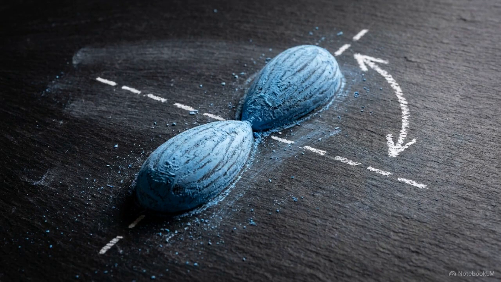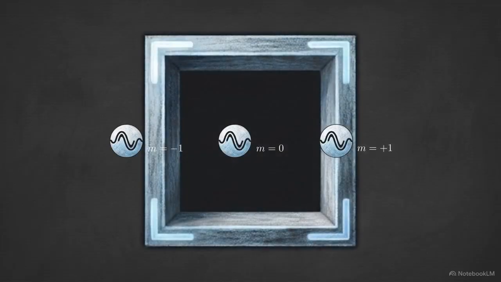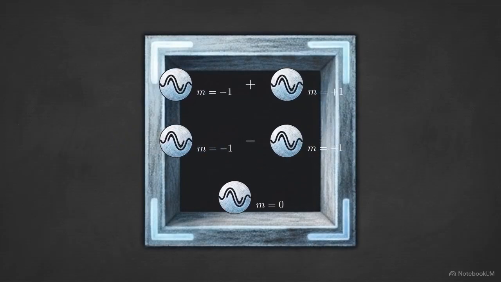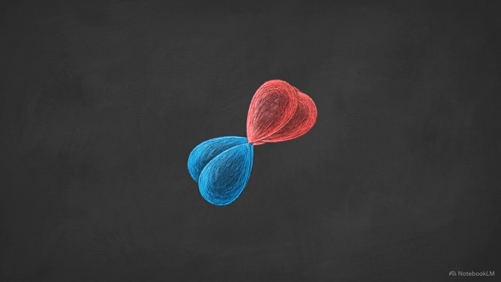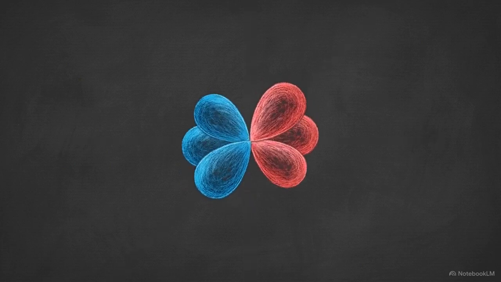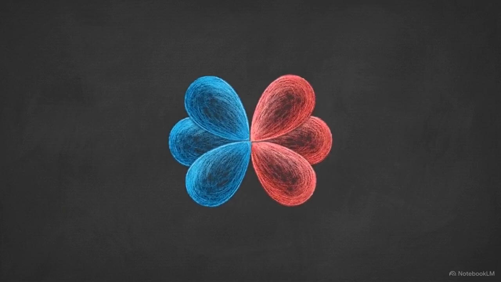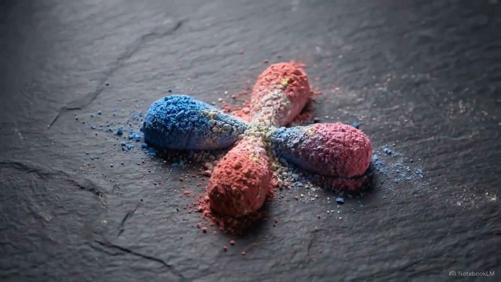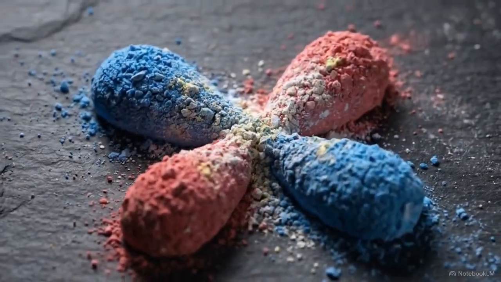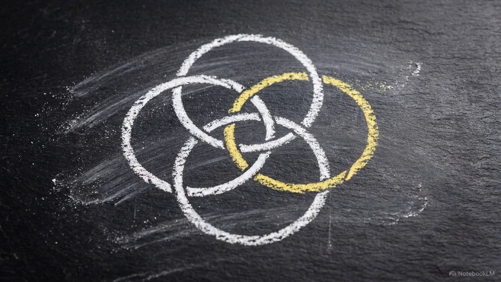Third is the magnetic quantum number, m sub l, which describes the projection of that angular momentum along a specific axis. While mathematical m states are complex, we use linear combinations to generate real-valued orbitals. These combinations provide essential directional orientations. For example, the three p orbitals are oriented orthogonally along the x, y, and z axes, with red and blue coloring denoting opposite phases. Together, these three quantum numbers completely define the energy state and the spatial probability distribution of a single isolated electron. To describe a complete atom, we must add a fourth quantum number, spin.